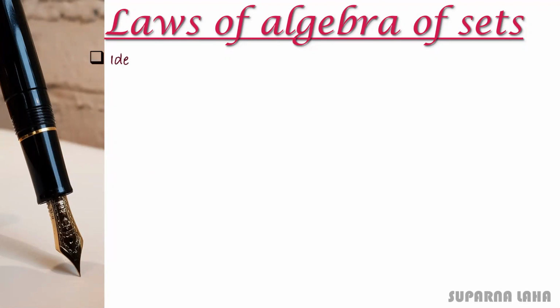So first one is idempotent law, that is whenever you are taking union or intersection with the same set. That is A union A is given by A and A intersection A is also given by A. You can prove this by the definition, by mathematical expression, or by the Venn diagram. It is very easy and there is nothing to show here. You already know that by the definition, whenever you are taking union or intersection with the same set, it will give you the same set again.